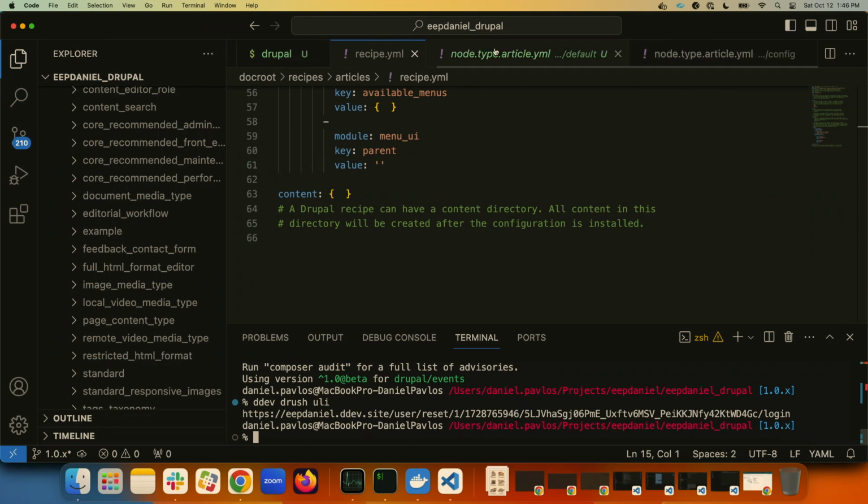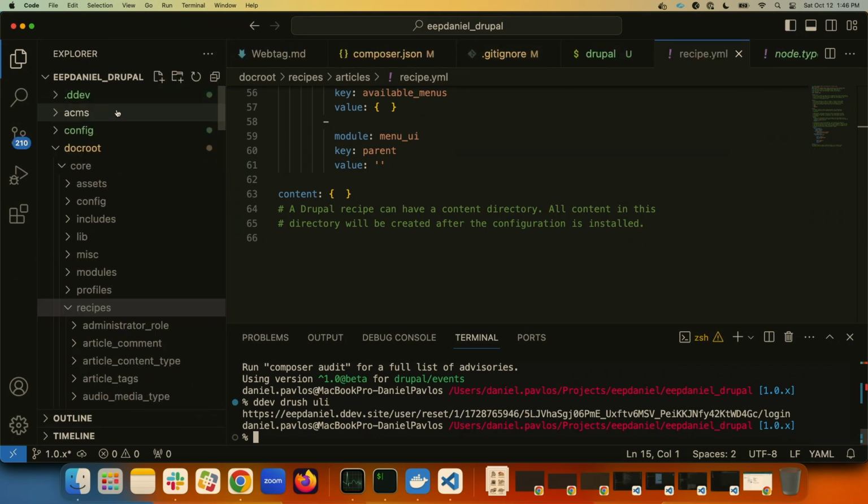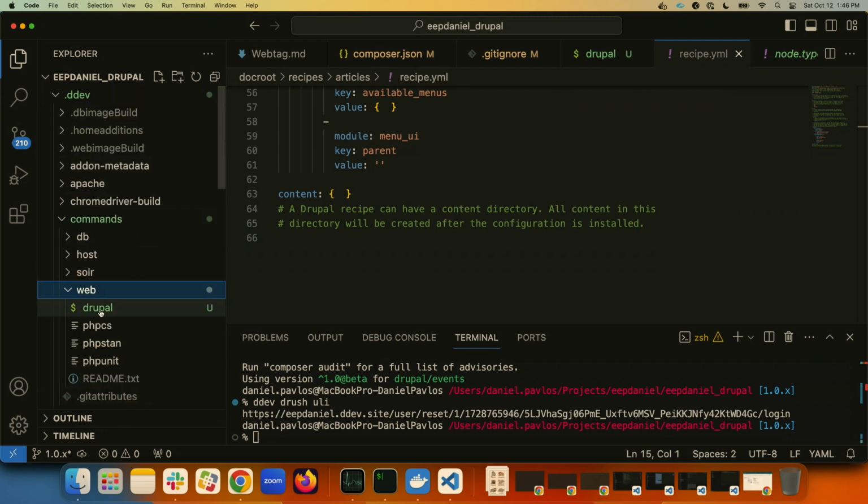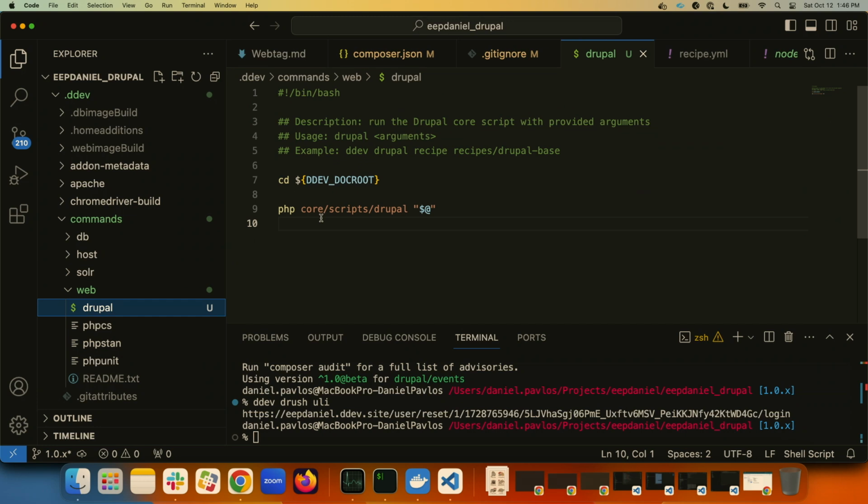I am in ddev, so I have a ddev command that will go away and run the Drupal command for us. But basically, every time we apply a recipe, we apply it by running this command, and at the end we would have the keyword recipe and then the name of the recipe. So if I go ahead and do ddev Drupal recipe